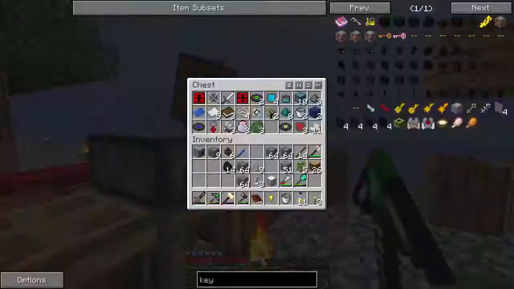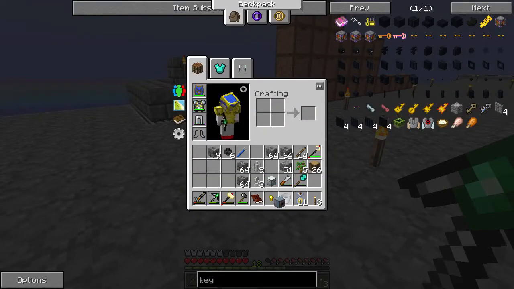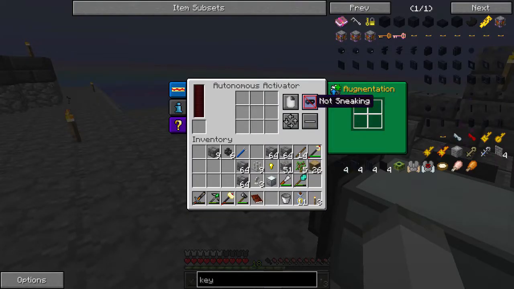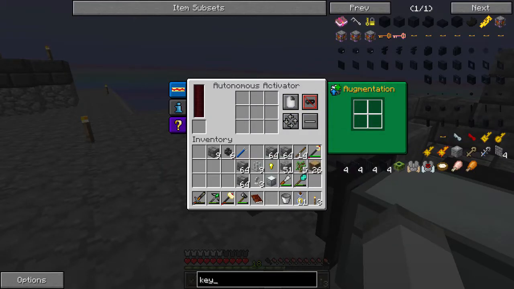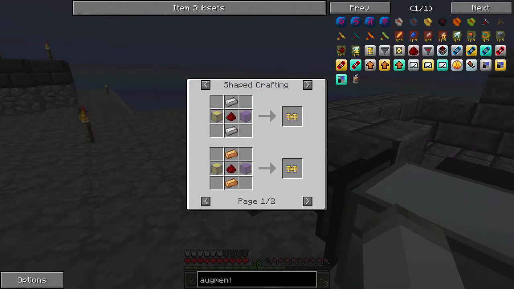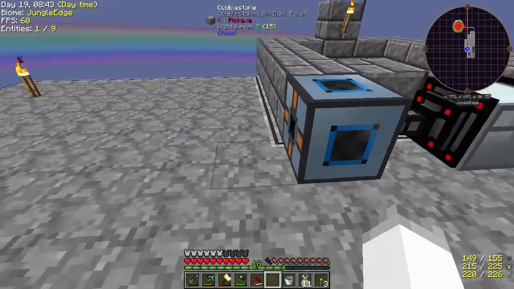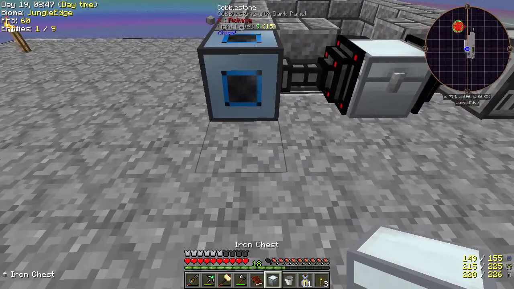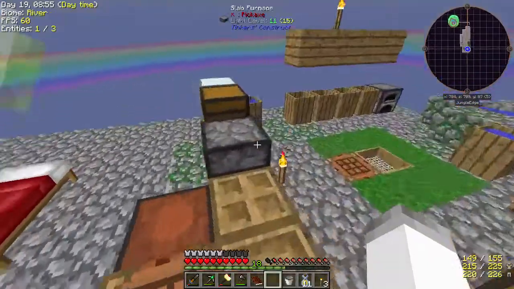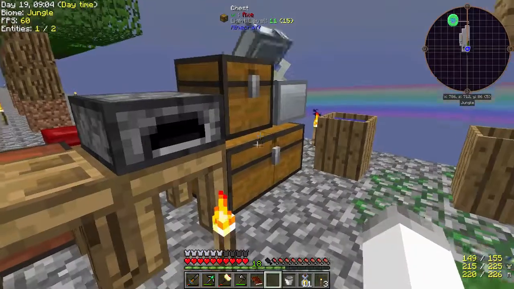So that'll do its sifting thing. And let's get the rest of the stuff set up. So what we're going to do is put the autonomous activator right here. We're going to need the augment, aren't we? Which is the servo, which... Okay, that's not actually that bad. Everything else I don't think matters. So we're going to click that on a chest. And then the chest is going to be put back into the other chest. So...